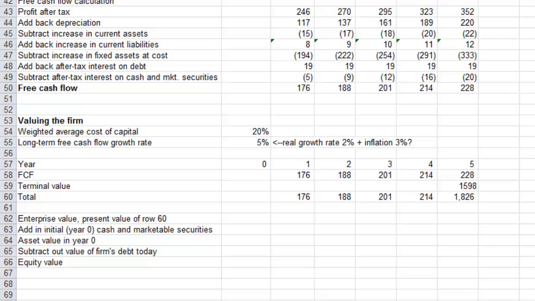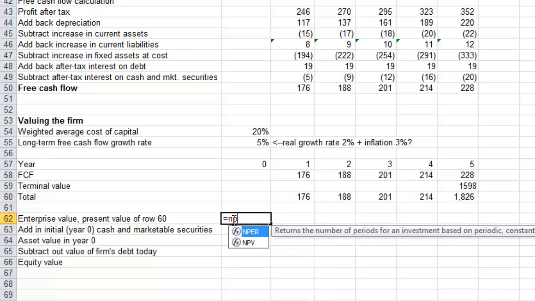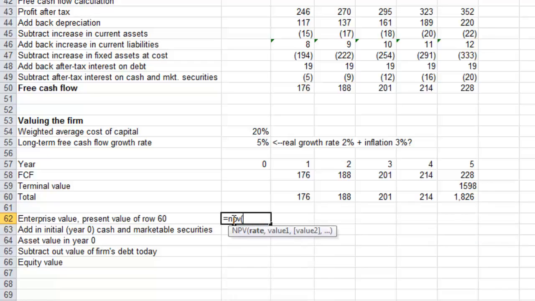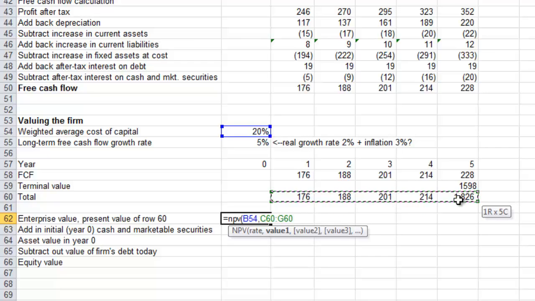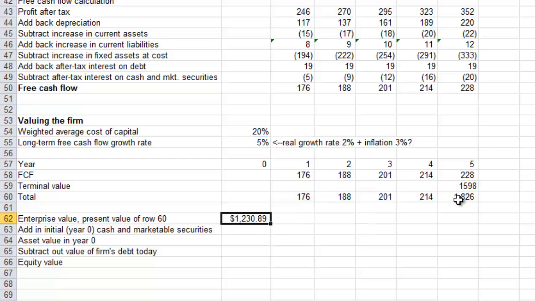The enterprise value of the firm is the present value of the annual values of the firm, and so we can use the NPV function there, where the rate is the cost of capital, and the period values would be the total values of the firm, and so that gives you